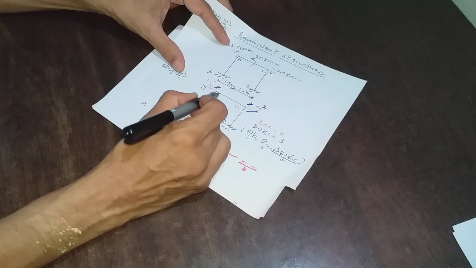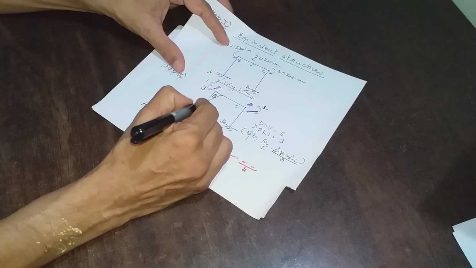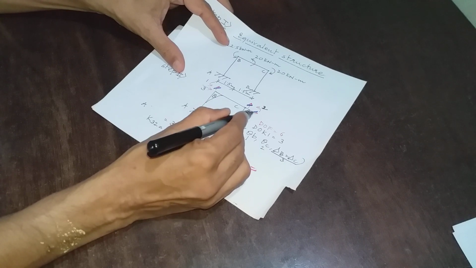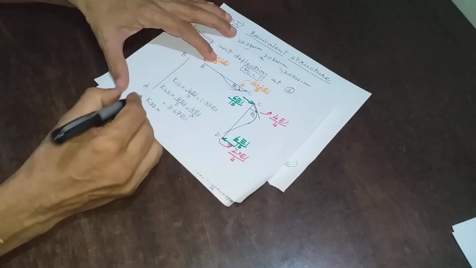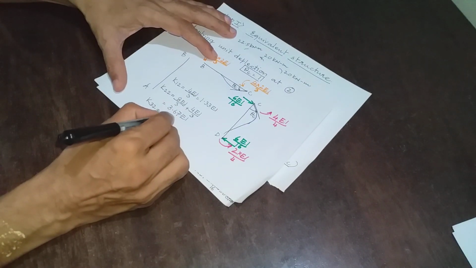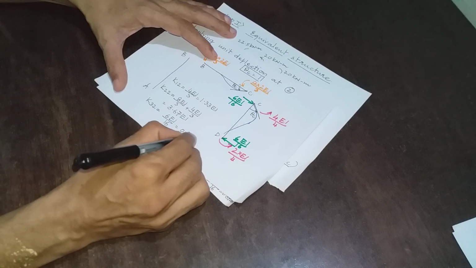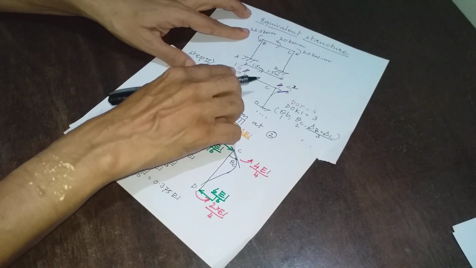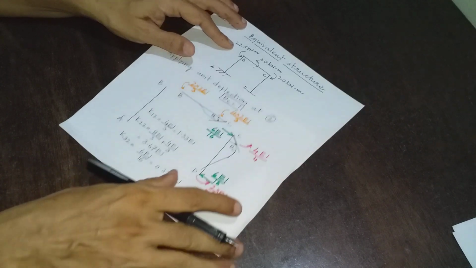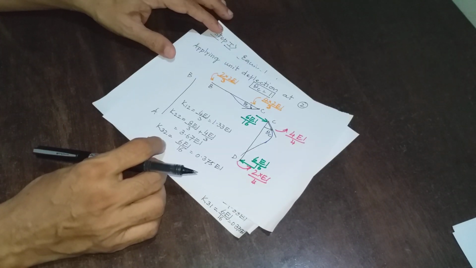Since both the deflections will be same, because there is no axial deformation of BC, whatever is the deflection at B, same will be the deflection at C. That's why I have ignored this, and I have delta B equal to delta C, that is equal to 3. So my K32 is 6 EI by 16, and that is equal to 0.375 EI. I have taken this positive because the direction of the coordinate 3 is towards right, and this is also acting towards right. If this point is understood, you have won nearly 75% of the battle.